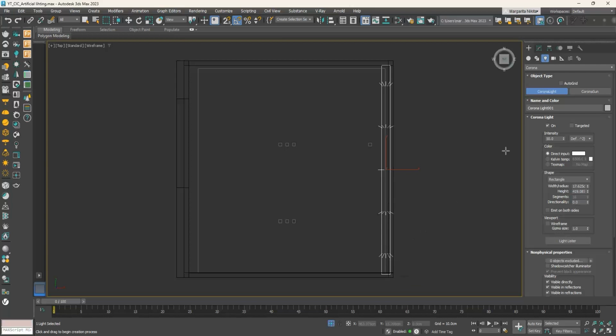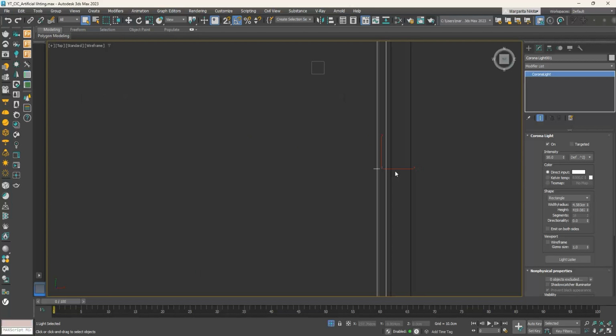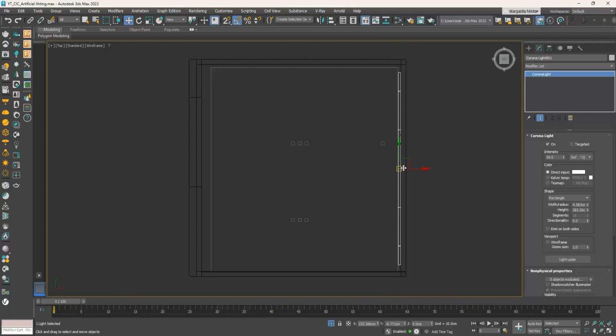With the light selected, go to the Modify tab and to the Shape section. Adjust the size using the arrows in the Width and Length fields. Moreover, I will use the Select and Move command to place the light in the correct position. Now that the light is accurately placed in the top viewport, I need to go to the front viewport and